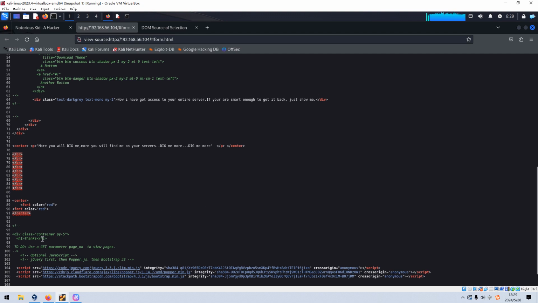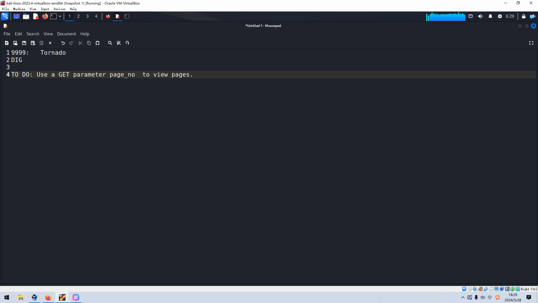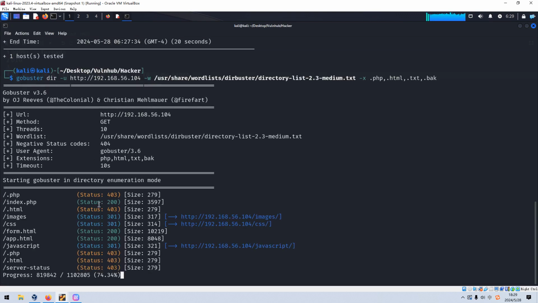Here, as you can notice, there is one comment: things to do, use a GET parameter. The parameter name is this one, to view pages. So we can copy and note it down to our notebook. It means that we need to pass the parameter page number to view pages. So I don't think we can find anything else by GoBuster. Okay, so I'd like to interrupt